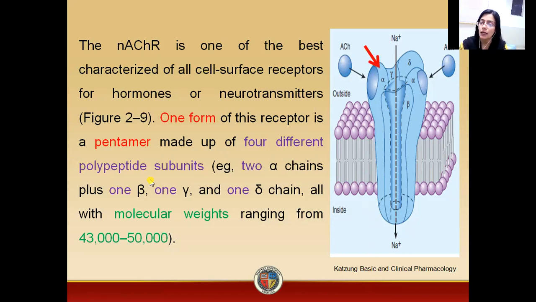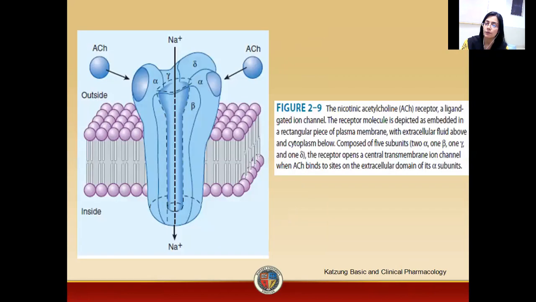So this is the alpha subunit or alpha polypeptide or alpha chain. There is a second alpha chain as well. Then there is beta chain. There is gamma chain. Then there is sigma chain. Now, as a result of binding of the drug, acetylcholine, to the alpha chain, there is activation of the receptor. This figure is also representing that we have 2 alpha chains, 1 beta chain, 1 gamma chain, and